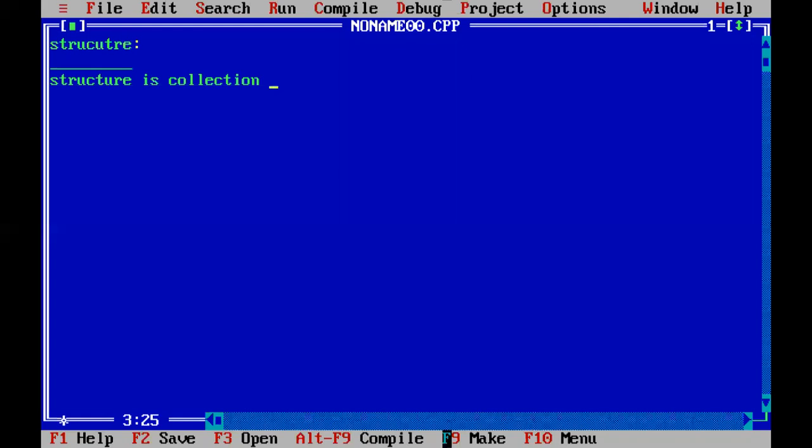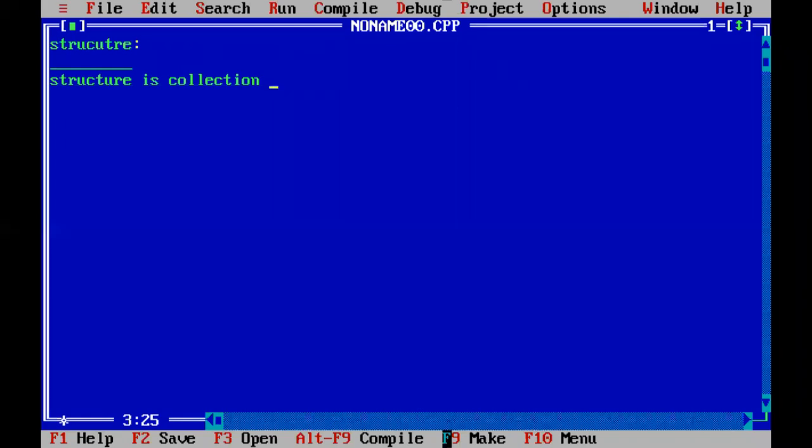So first one, roll number, we said integer. Second, for storing the name we said character. And the last one, for storing the percentage, we said floating type. So how many types we got? Integer, character and float.